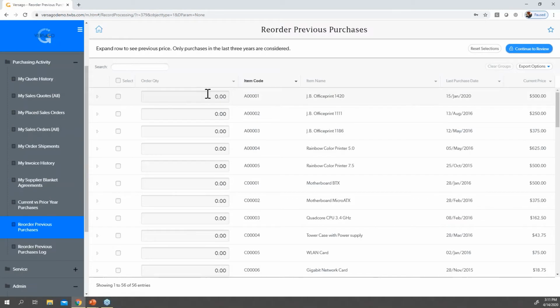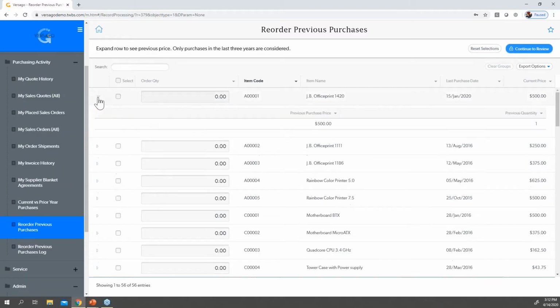So we built a query for our customer here that basically says, show all the items that I've bought and show me the last purchase date and the current price that they're going to pay for it. And here you can compare to what the previous purchase price was and how many you bought last time.